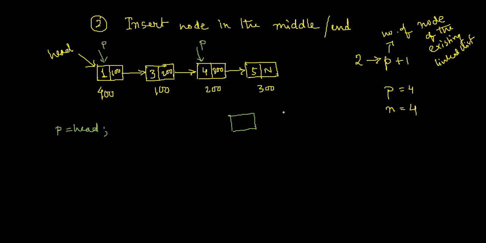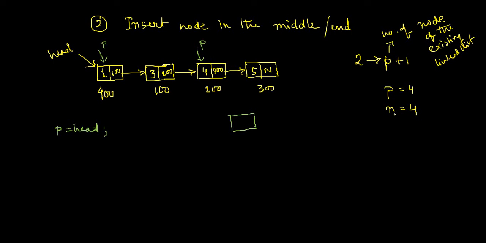And the position that I want to insert is n, which is equal to 4. For that purpose, I have to reach somewhere over here. Somehow the position of P has to change over here. You see how many times I have changed my P? P from the first node to the second node means once. From the second node to the third node means twice. That's enough.